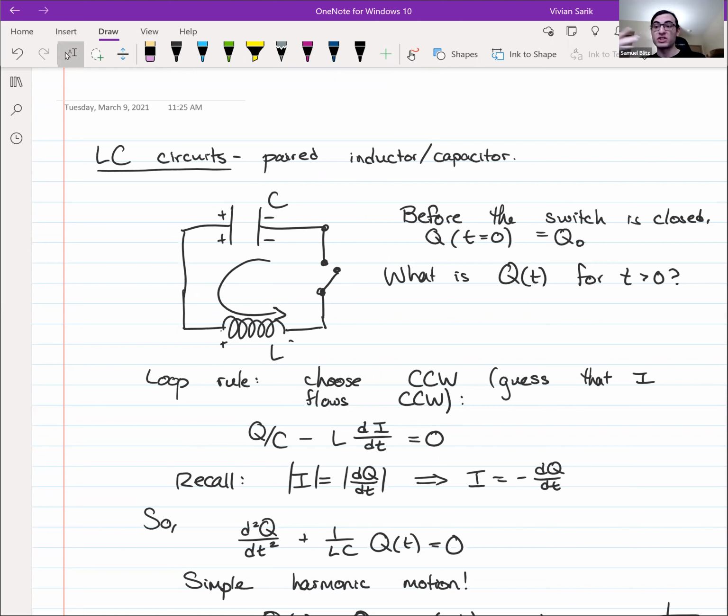And the total energy is just the sum of the two. So initially, you start off with all of your energy in the capacitor. As that capacitor drains through the inductor, the current increases and the charge decreases. So the inductor gains energy and the capacitor loses energy. Once the capacitor reaches zero charge, there's nothing to provide more current because the capacitor is empty, but